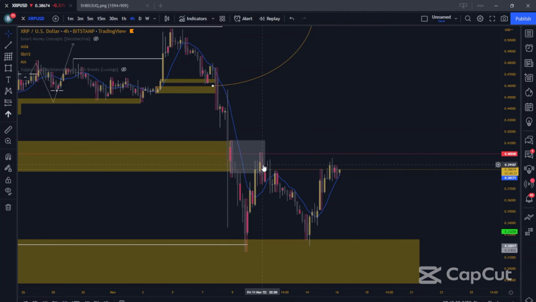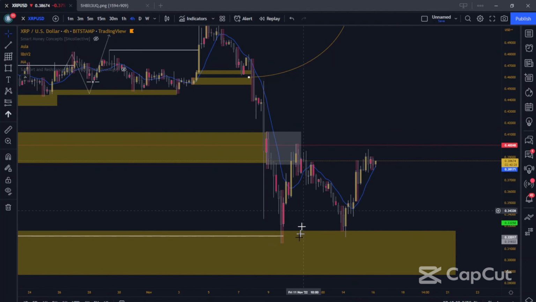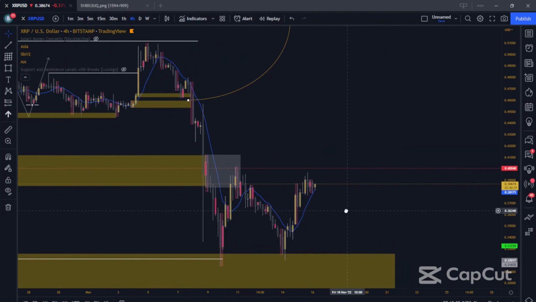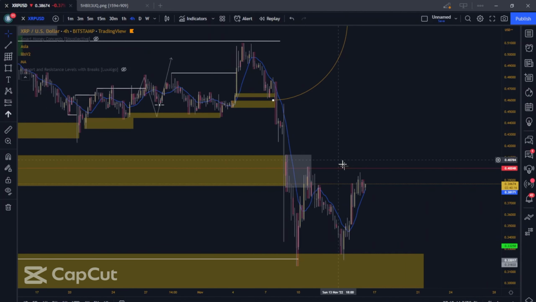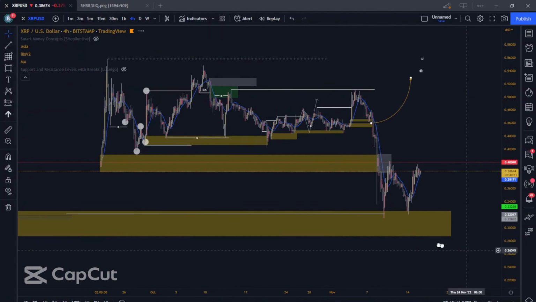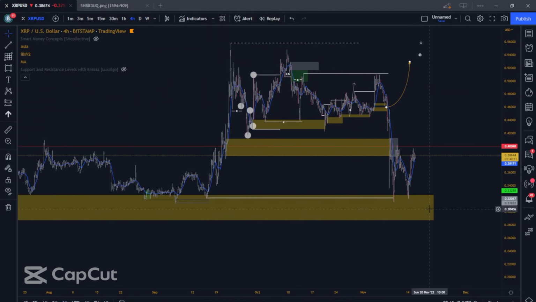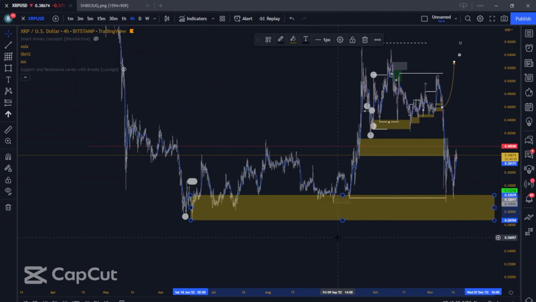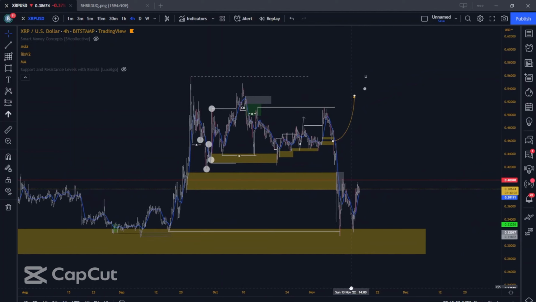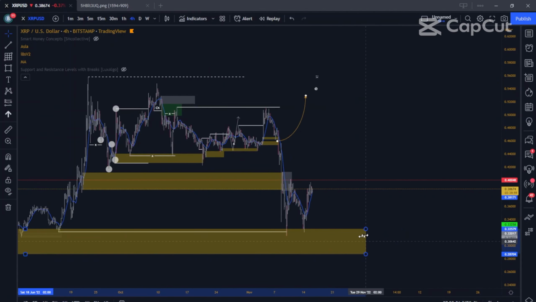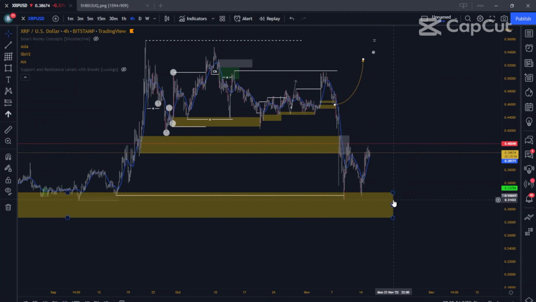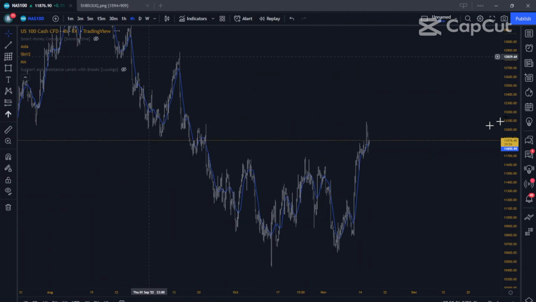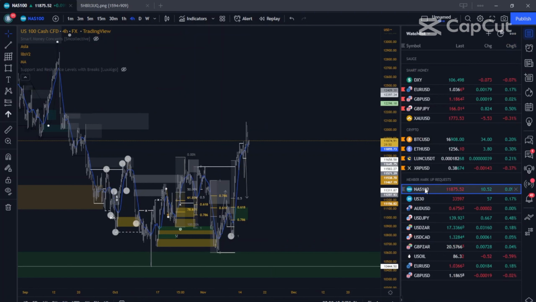Ripple. Okay, beautiful reaction to this demand down here. We've got some equal lows relatively. Let's see what happens with Ethereum news. Ethereum might boost depending on what news says and what happens with Ethereum. But I'm expecting the whole crypto market to tank. Well, let's see. I don't see it going lower than, like, 2.8. Maybe, but I don't see it really breaking this demand. Oh wait, that's Nasdaq. What am I doing? Oh yeah, that is Ripple.